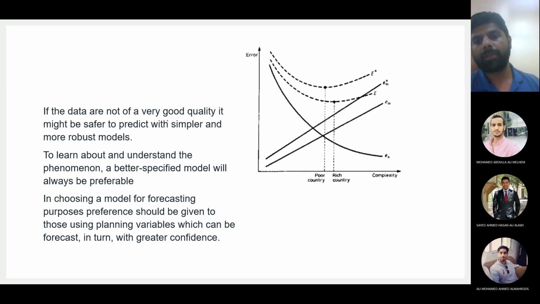Okay, so you can see they have presented the case for a poor country and a rich country. You can see the rich country means that their data collection is better. For the poorer country, the data collection is not so good. In both cases they are using the same model and they are trying to decrease the specification error, but because of the measurement error, the poor country has overall higher error than the rich country. And this is basically because of the measurement error.